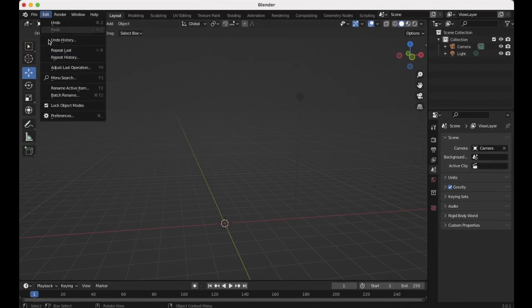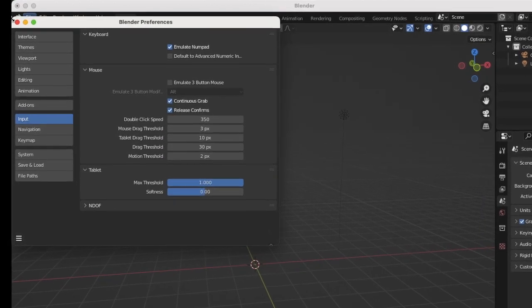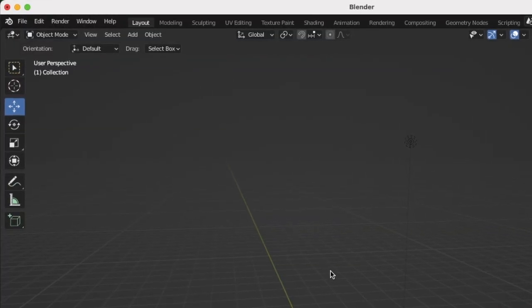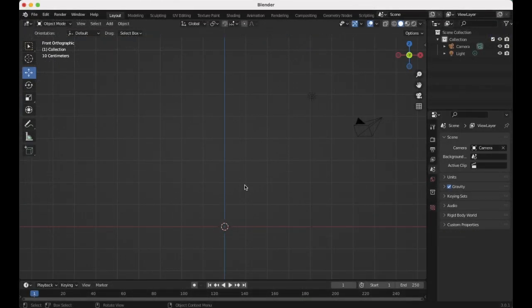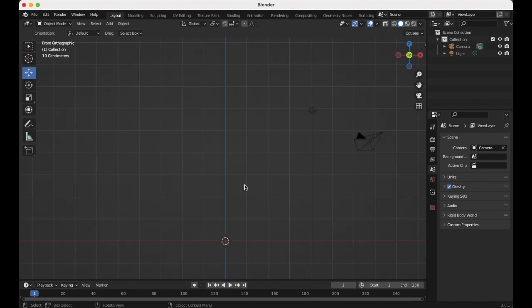So the first thing we want to do whenever you are working here is you may want to go into your properties menu and edit properties and emulate your number pad. That way you can use your number keys to orientate yourself around. I'm going to press the number 1, and that's going to bring me to an orthographic view looking head on